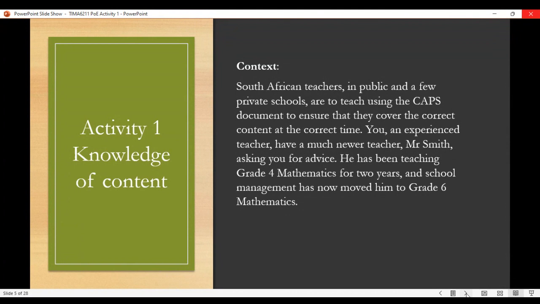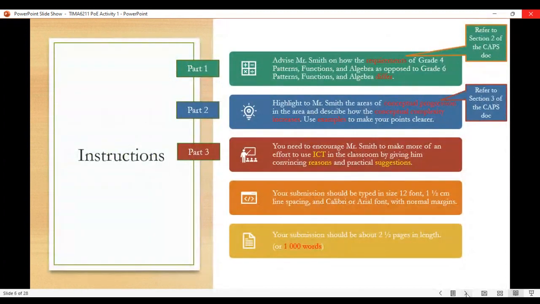You, as an experienced teacher, have a much newer teacher, Mr. Smith, asking you for advice. He has been teaching grade 4 math for 2 years, and school management has now moved him to grade 6 mathematics. You need to assist him in the following way.